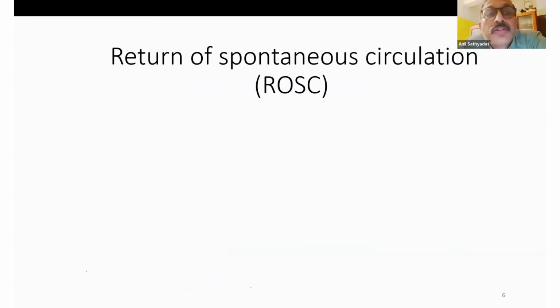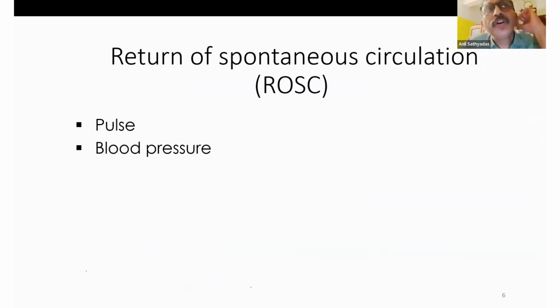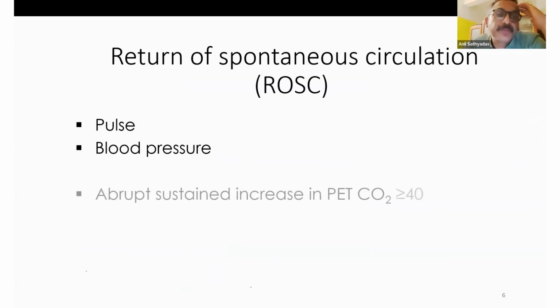We talked about ROSC, that is return of spontaneous circulation. How do you identify the patient has ROSC? During the CPCR, after 2 minutes or 5 cycles, we stop for a pulse check or the rhythm check. During the rhythm check, we can palpate for the pulse, and the pulse you palpate for adults is the carotid pulse. So the pulse would be there. And if you are doing a manual blood pressure measurement, that will also be recording a blood pressure.